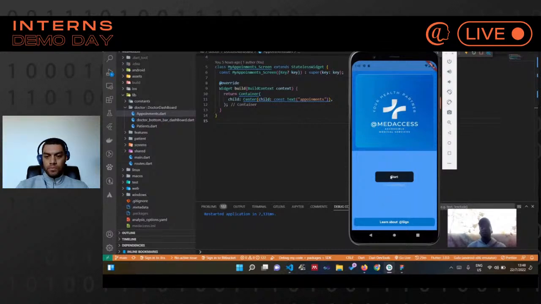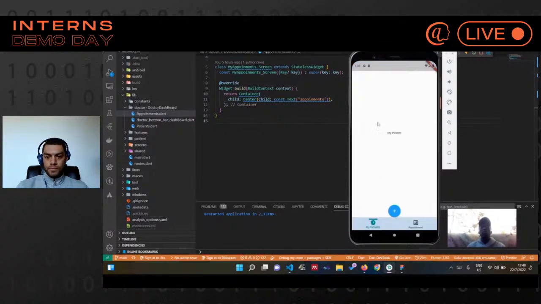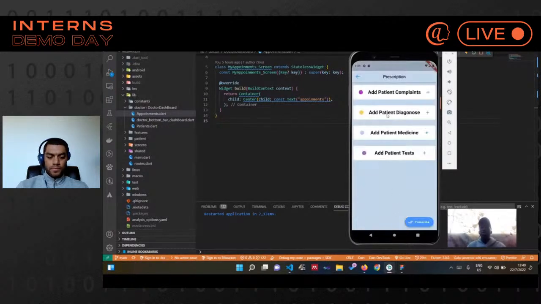So first of all, if you click start here, as you can see, this screen is going to have the list of all the patients that will be in the system, or those patients that subscribe to you, or that you have treated maybe in the past, right? And then if you come here and click this add button, you're going to be greeted by this page, which allows you to add